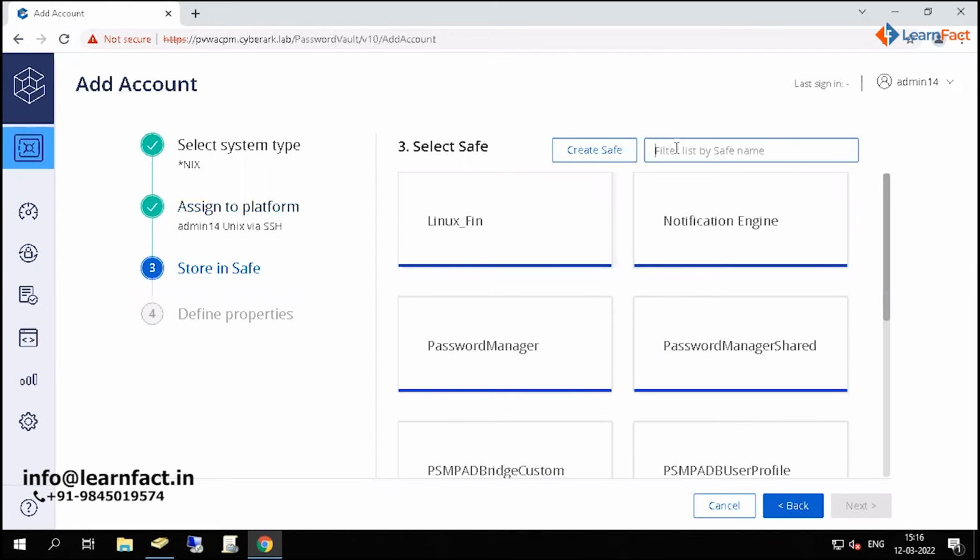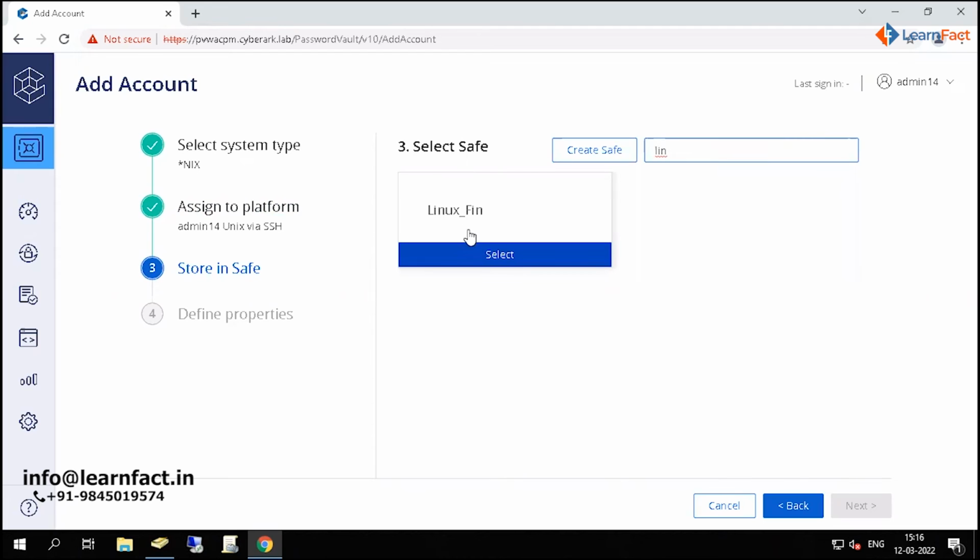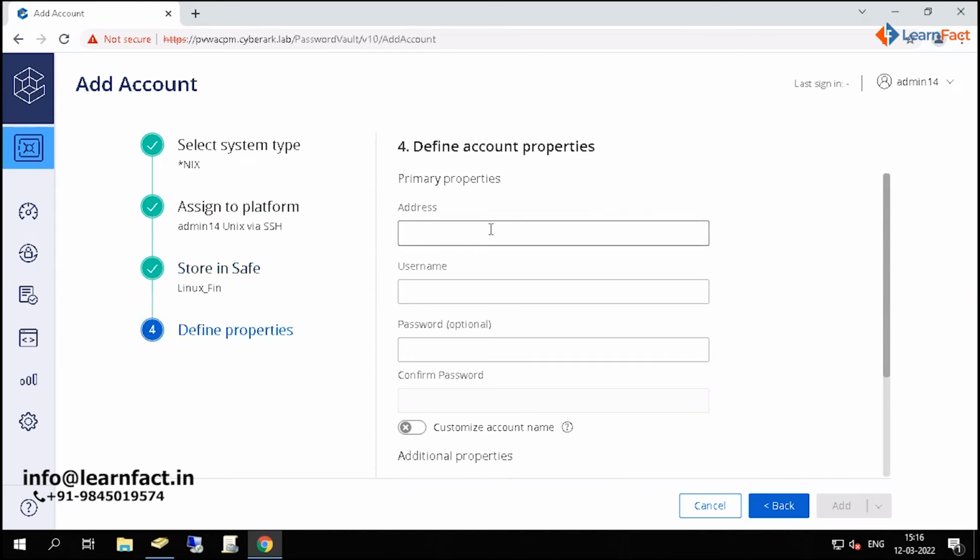Safe, I have also created one safe and the safe name was Linux underscore finance. You can create any safe name, but two safes cannot have the same name. So make sure that you assign some specific value, like you can give your own subject name, admin 01030405 or your own name itself. If we talk about the address, I have to onboard one account with the address. So the address which we are going to onboard here, all can note down this address because all will be onboarding this server account only. The address is